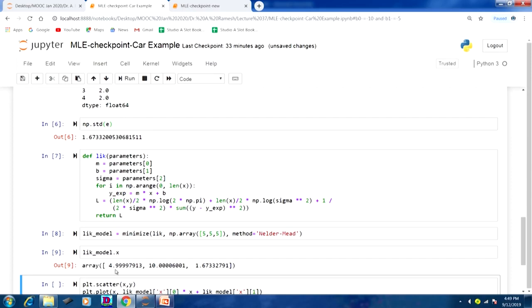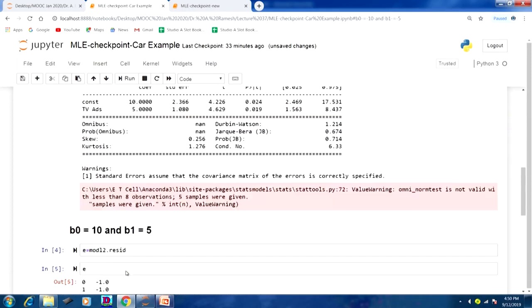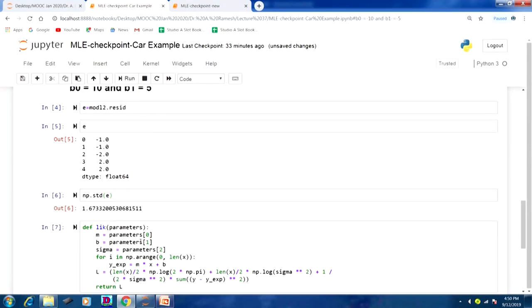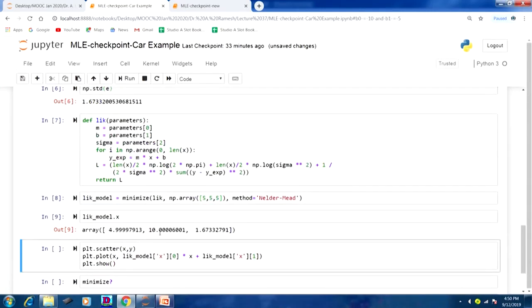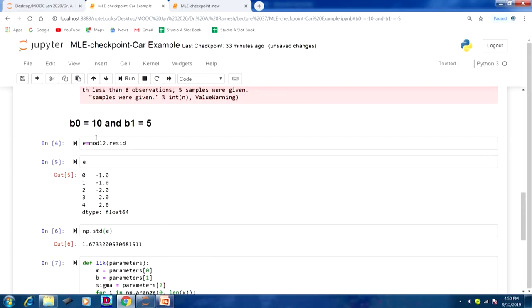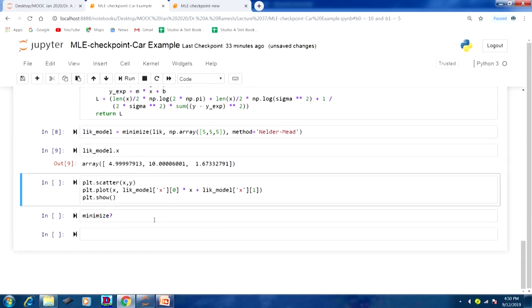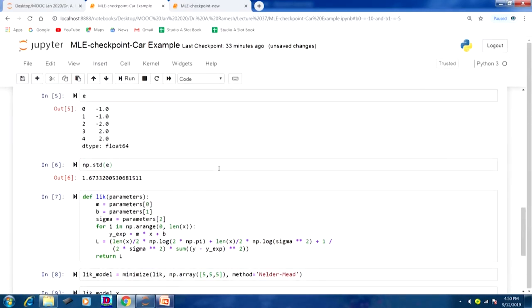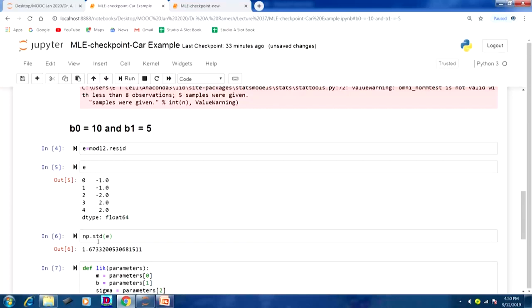You see that we got 4.99; actually our answer is 5, so we got approximately correct. The y intercept is 10, here also we got 10, and the standard deviation of the error term is 1.67. So, here also we are getting 1.67.